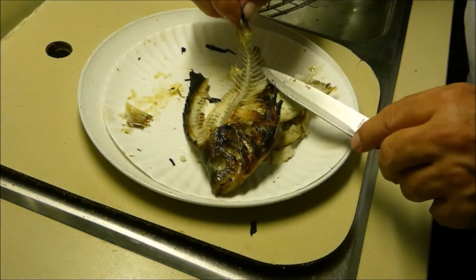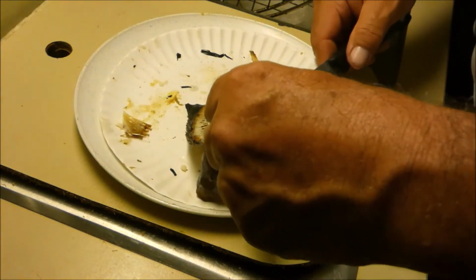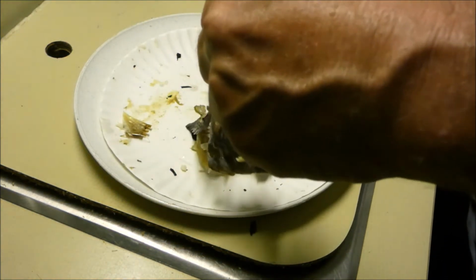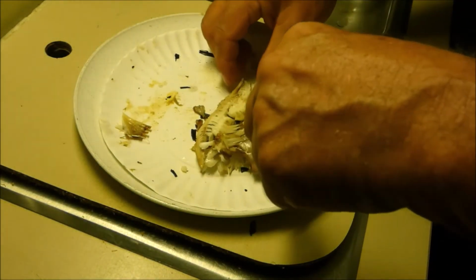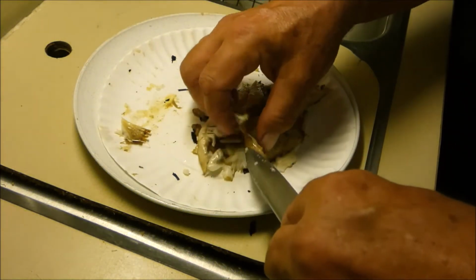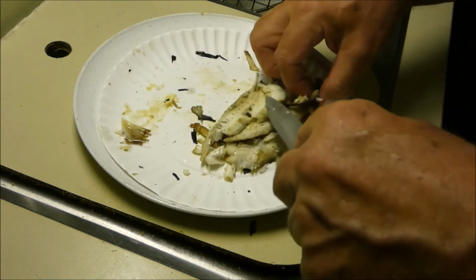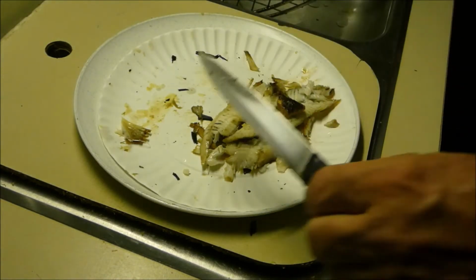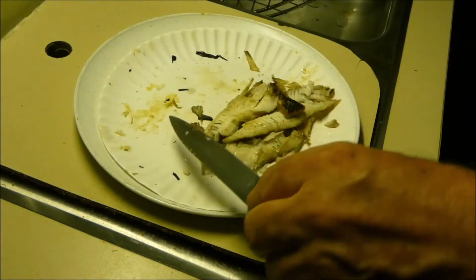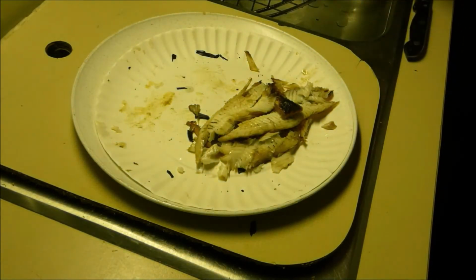See, I actually thought, you see how that pulled loose from there? I thought that would do that. I don't know how many times I've hit the wok with my arm there. Now the way that one came loose right there is the way I thought that might work. That just fell loose from that bone, and there's no bone in there. Right there, that fin I didn't take off. Well, anyway,